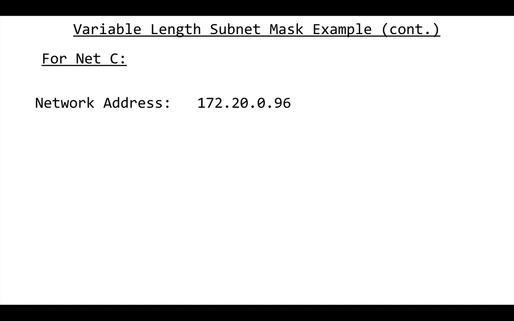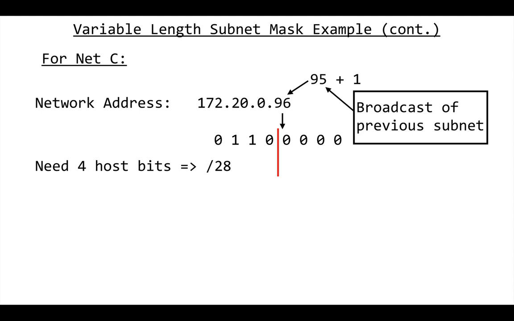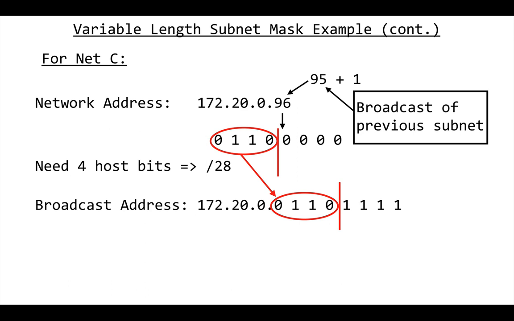For network C, we go one higher than the broadcast for the previous subnet, so that's going to be 96. Again, that's 95 plus 1, where 95 was the broadcast address of the previous subnet, which was network B. If we convert 96 to binary, this is what we get. In the case of network C, n was equal to 4, so we needed 4 host bits, which means we need a /28 subnet mask. And I'm just showing here with the red line that the first 4 bits of that last octet are part of the network address, and the last 4 are the host portion. And so if we preserve the network portion of this, the 0, 1, 0, and then we set all the host bits to 1, which we're showing here, and convert that back to decimal dotted notation, the broadcast address for network C is